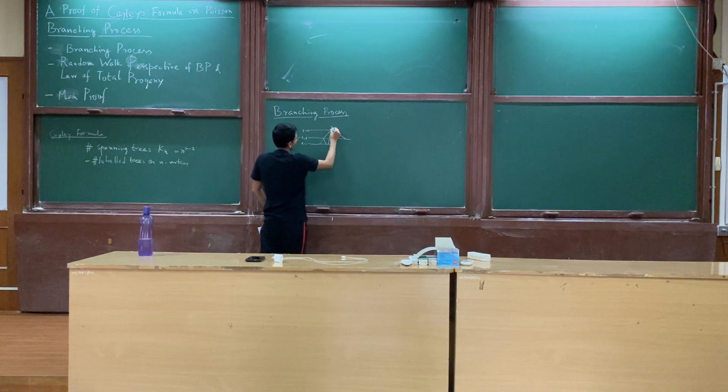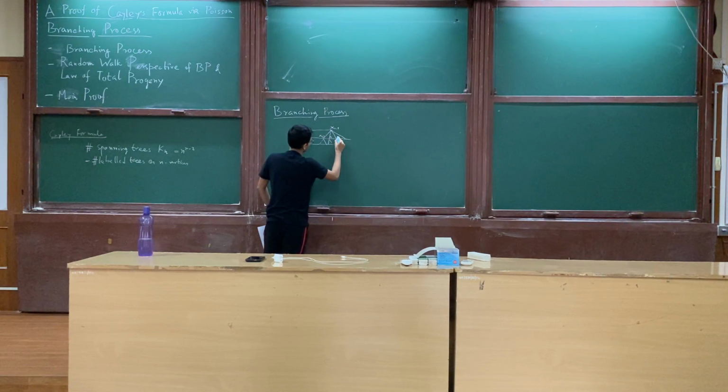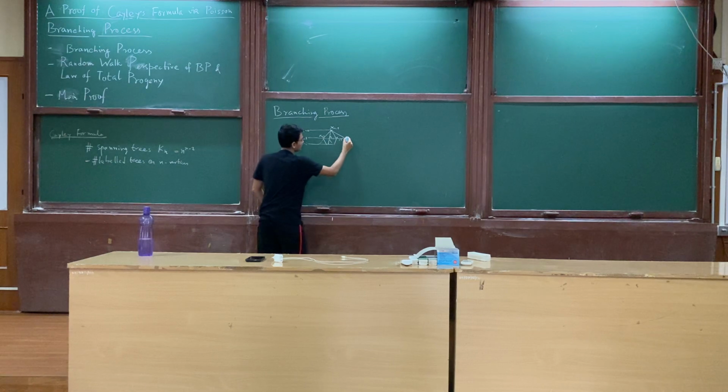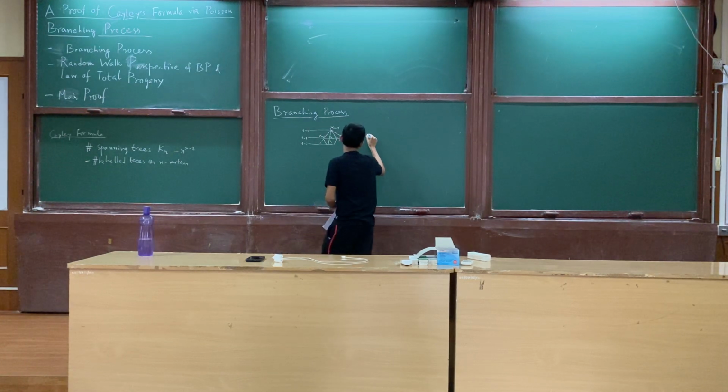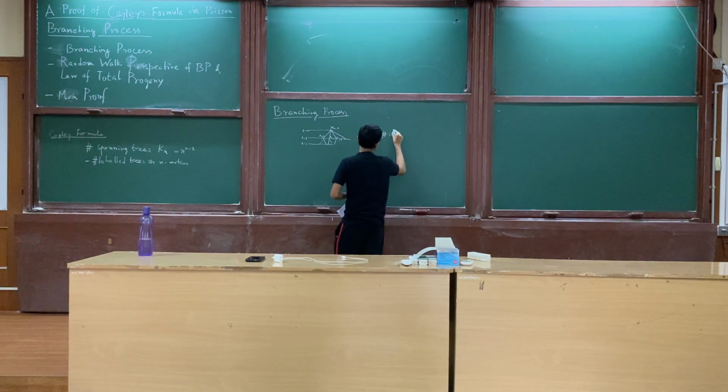Say at time 0, this is the random variable X01. For the number of children at time 1, it is X11, X12, and so on. Let's say X_ti equals the number of children